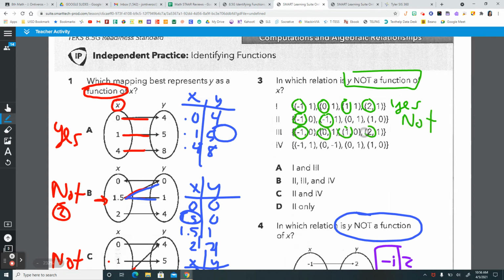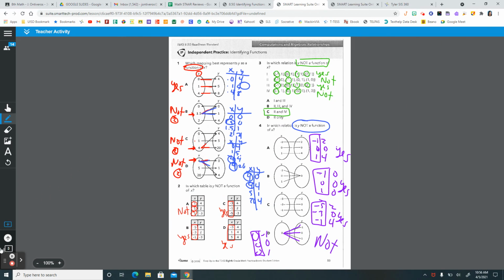This one, none of them are repeating, so it is a function. And on this one, the 0 is repeating, so that's not a function. So you are able to see right away how these two are not a function. And then for number 4,